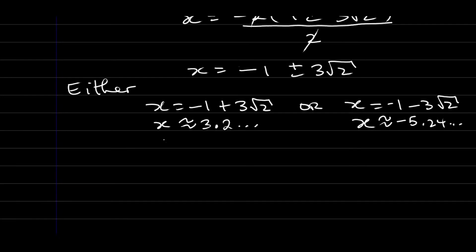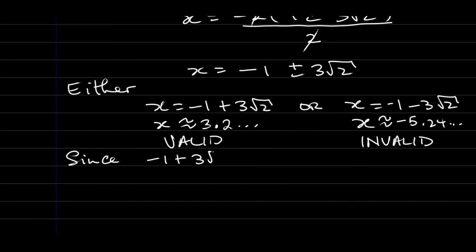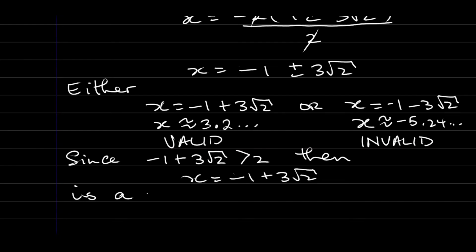So this one is a valid solution, and this is an invalid solution. Okay, so since minus 1 plus 3 root of 2 is greater than 2, then x is equal to minus 1 plus 3 root of 2 is a valid